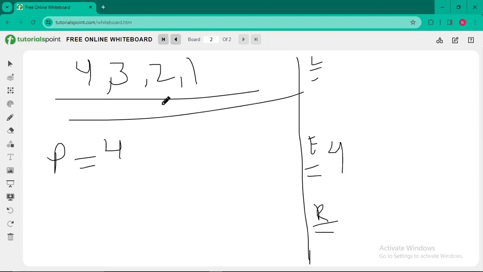That will come here. 3 is lesser than the pivot element, so it will come here. 2 again lesser than the pivot element, so it will come here. 1 again lesser than the pivot element. That's why 3, 2, 1. Now the right array has nothing. So what we will do, we'll again